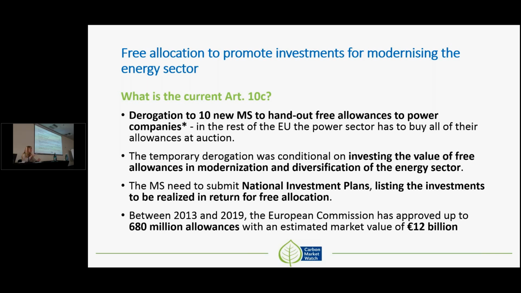However, an exemption has been made for some of the newer member states that can still keep giving free pollution permits or allowances, as we call them, to their power plants by the end of this period. It was actually the Central and Eastern European member states who asked to be exempt from this full auctioning rule in the power sector in order to easily cope with the cost of transition and to prevent sharp increases in electricity prices in households. So the rules to this exemption are laid down in Article 10C of the EU ETS